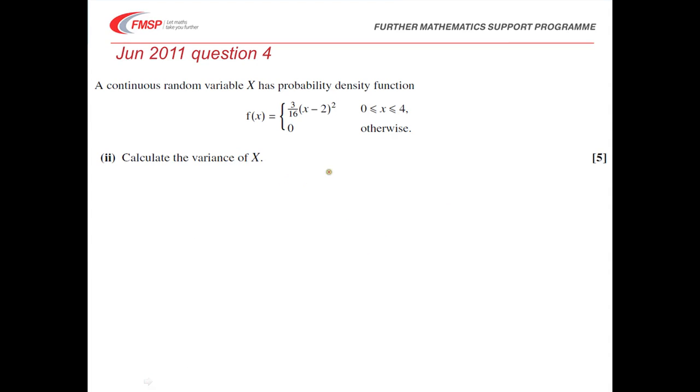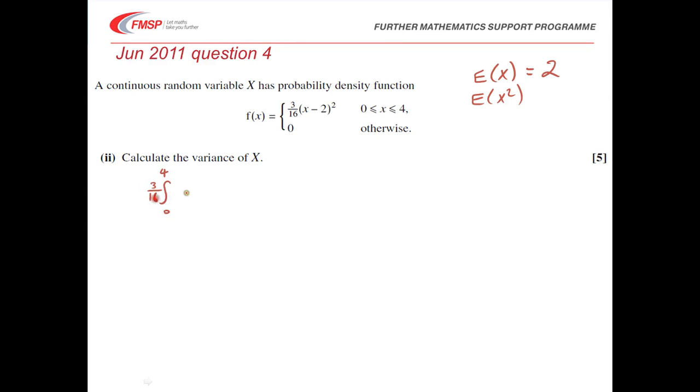So we're asked to calculate the variance. So as a reminder, to do that we need E of x and we need E of x squared. So these are just laborious questions, they're quite long. So let's work out expectation first. Now we don't really need to worry about that because it's 2, because we can use the symmetry of the question to be able to do that as well. Okay, so we're really looking at E of x squared. So we're going to integrate from 0 to 4